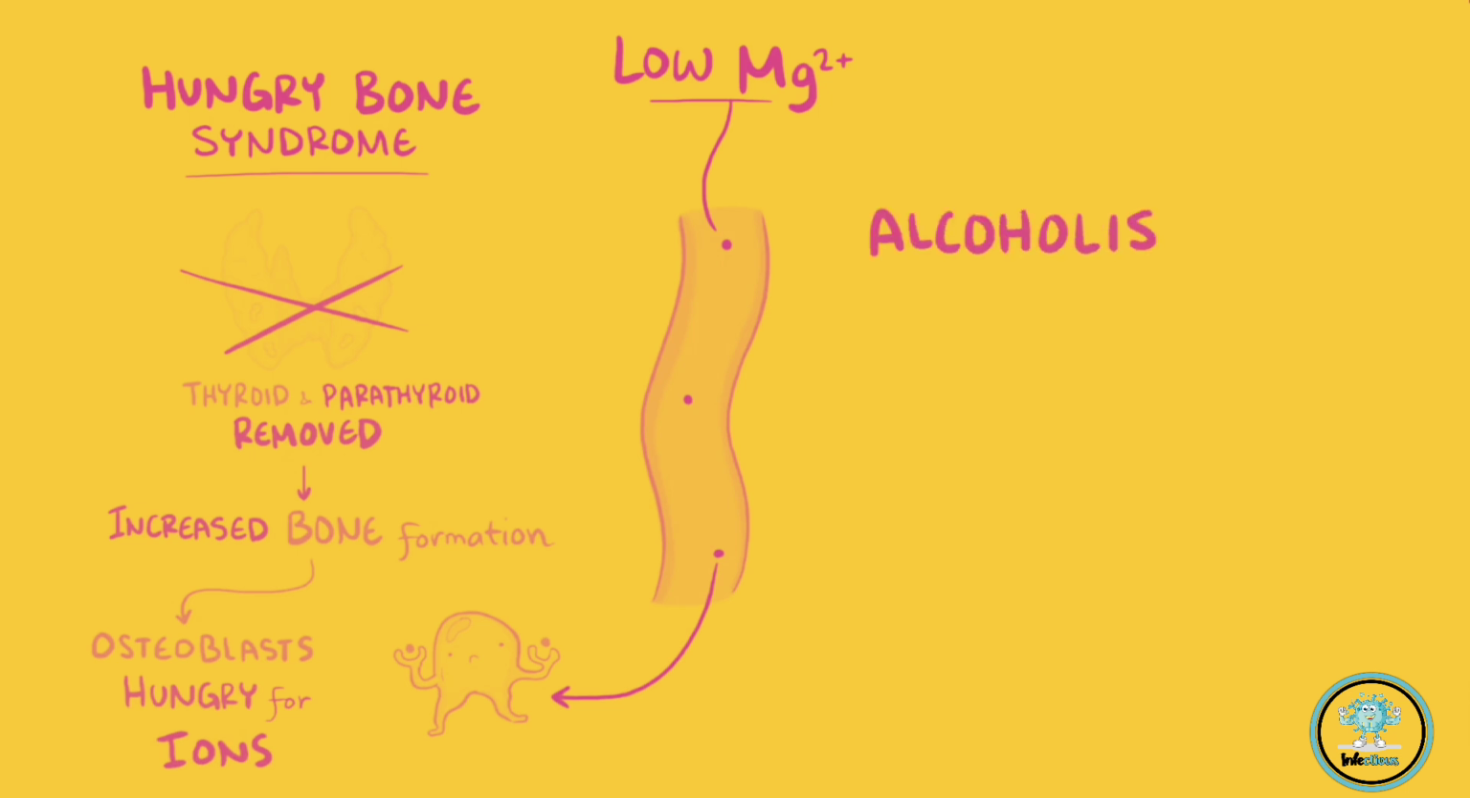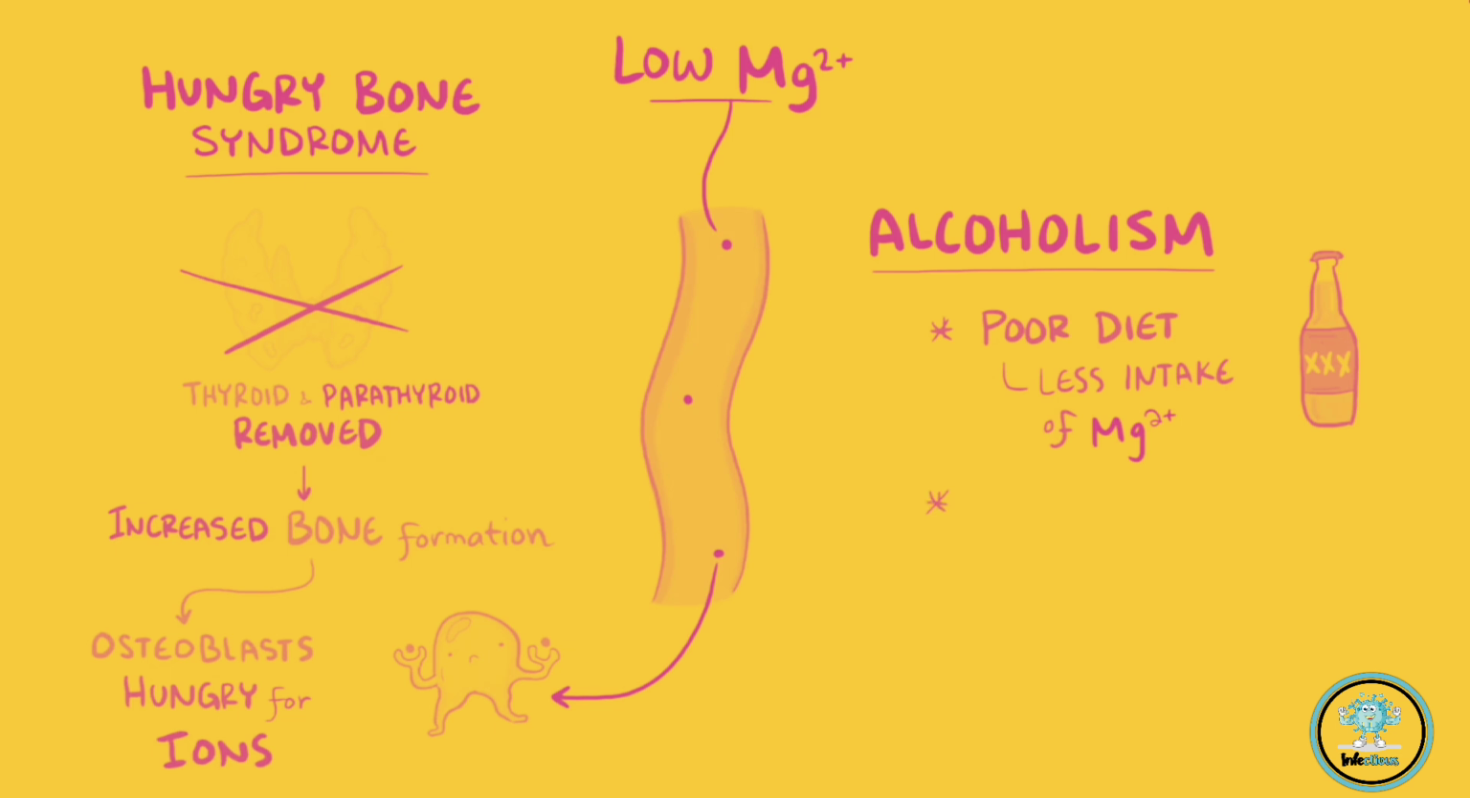Another one is alcoholism, which offers kind of a mixed picture, because often these individuals have a poor diet, which means there might be low magnesium intake. But in addition, alcohol also increases renal excretion of magnesium,